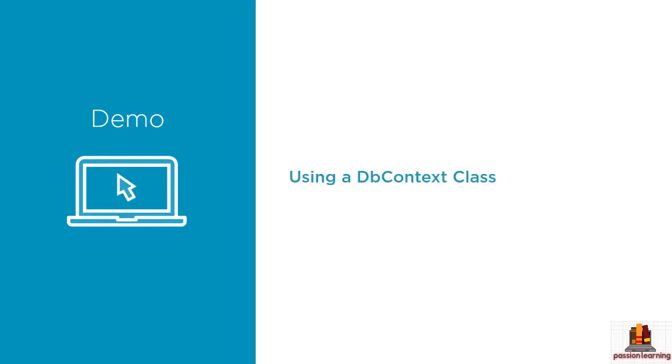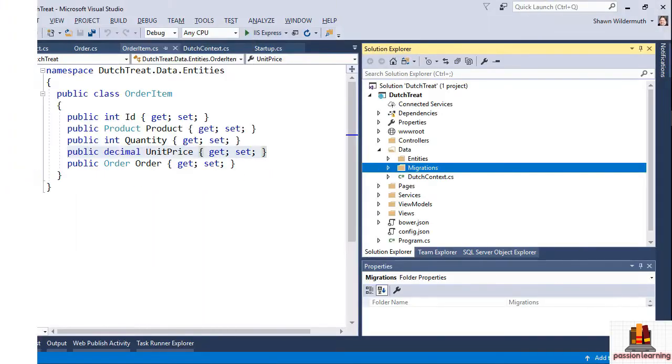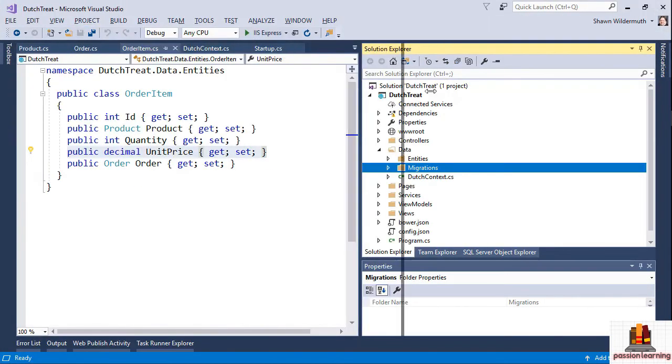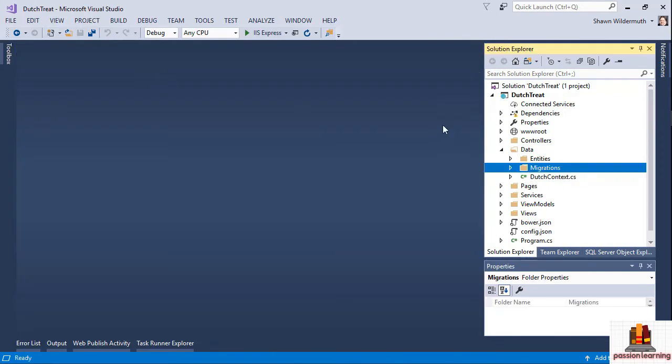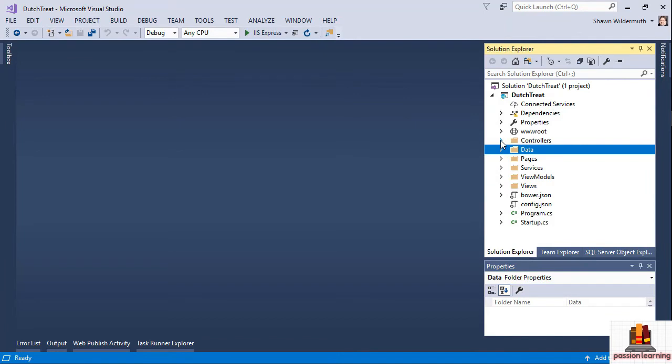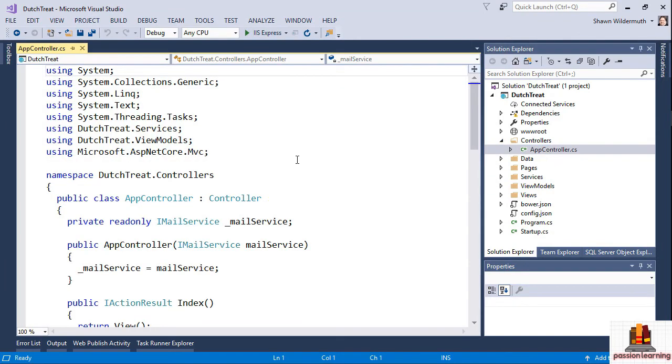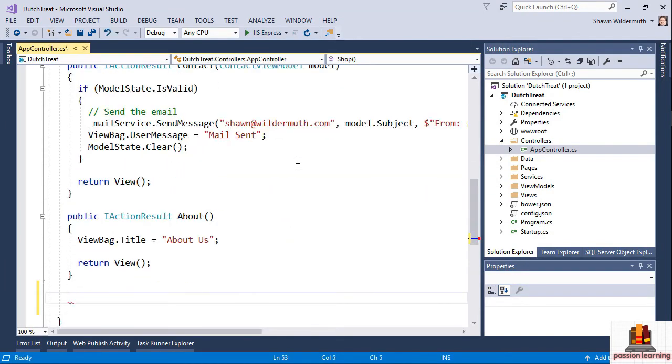So now let's use the DB context class in our projects. Back in Visual Studio, I'm going to make this a little smaller again. And I'm going to close all the documents just to make it a little cleaner. In our controllers, I'm going to load up that app controller class. And I'm going to create a brand new action called shop. This will be our shopping page